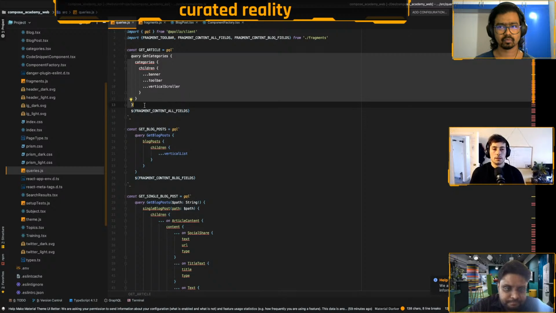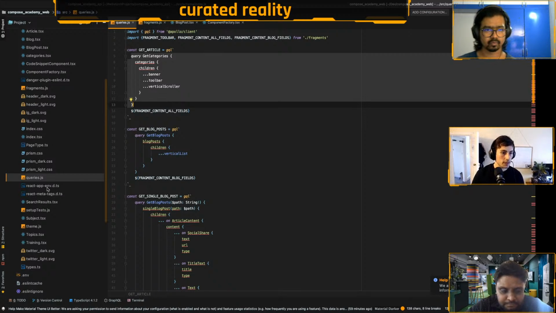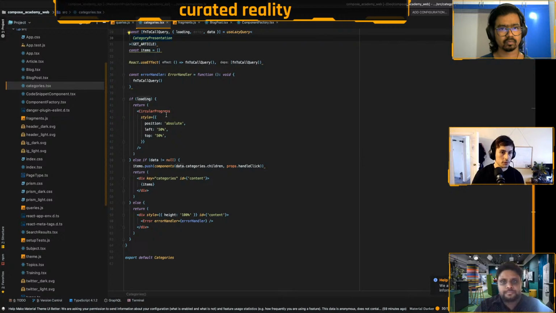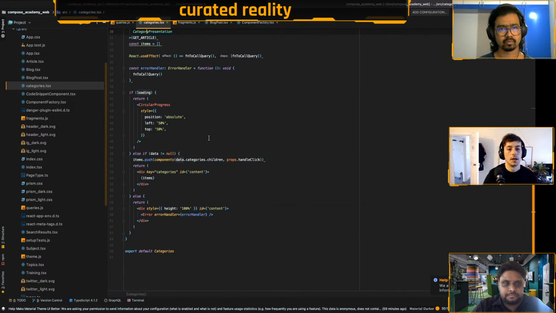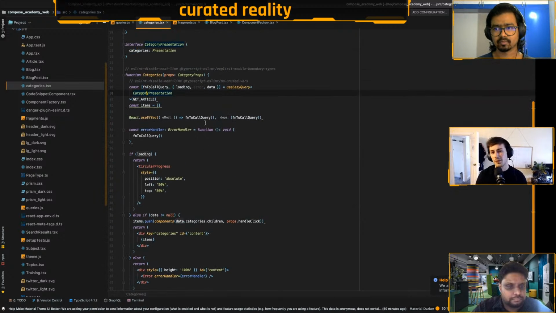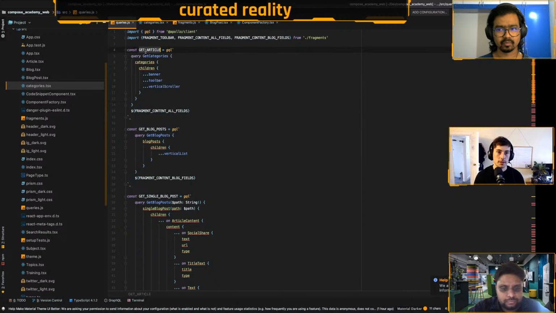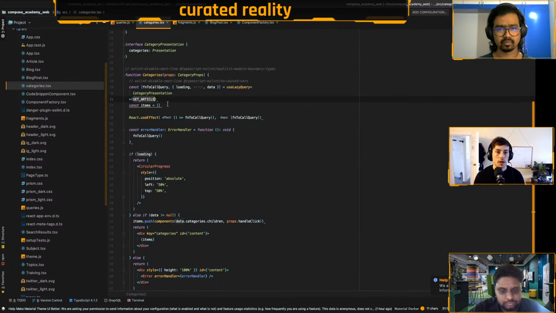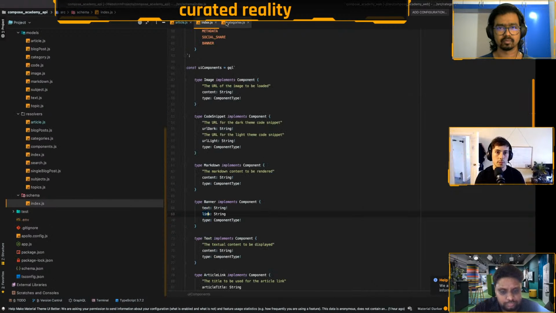So then what happens when we get that data back? Let's take an example. This is the categories React component. That might be the right terminology. I think so. All this does is execute the GraphQL query using the query that we just looked at. I can't remember what that's called, get article. I need to rename that. So it will execute that query, and it will get back the result from the query, which will be the JSON that the API was showing.